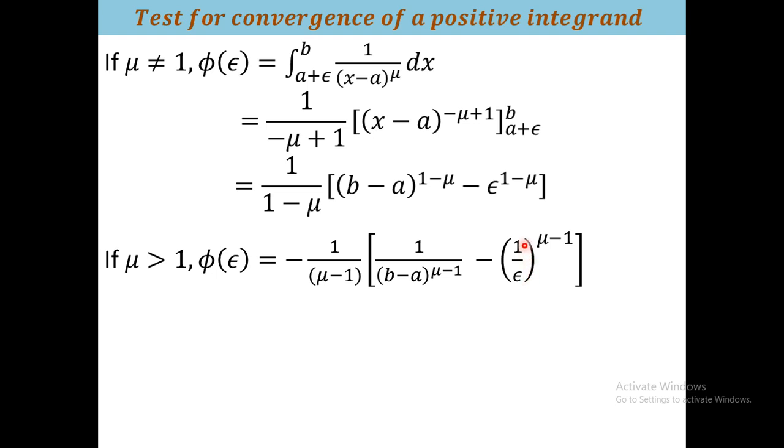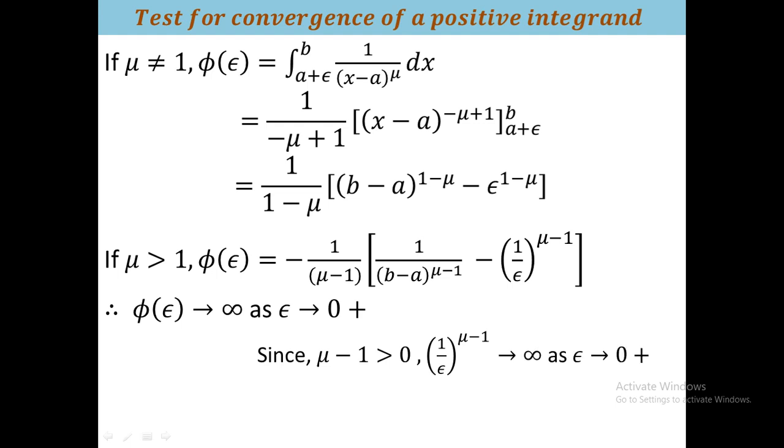So you take epsilon tends to 0 plus, this will tend to infinite in the first bracket and the power is a positive quantity. As a result, that portion will tend to plus infinite. So if you take the minus sign, this will diverge to minus infinite. As a result, the total terms in the bracket diverge to minus infinite. Here outside of the bracket is a negative quantity, therefore minus, and this is minus infinite. As a result, phi epsilon diverges to plus infinite as epsilon tends to 0 plus, because mu minus 1 is greater than 0 and (1 minus 1 by mu) whole to the power (1 minus epsilon) whole to the power mu minus 1 tends to infinite as epsilon tends to 0 plus. Therefore in that case the improper integral is diverged.